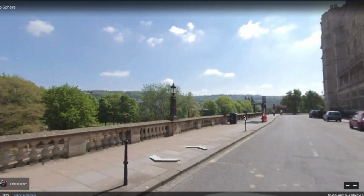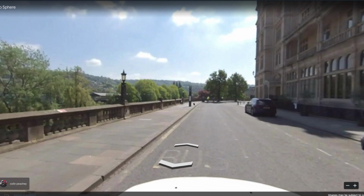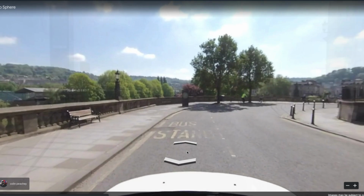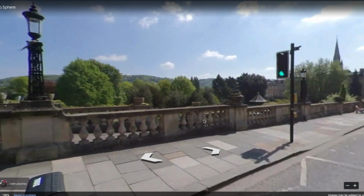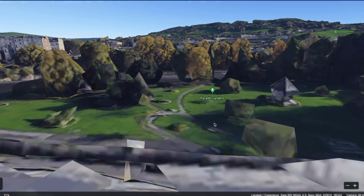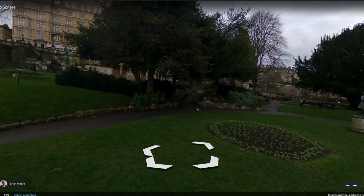So if we turn around, we're going to head down towards Parade Gardens. Now, Parade Gardens themselves have an extra fee if you would like to access them right on site. However, personally for me, just walking along the walkway was ample viewing them. But with the wonderful world of Google Maps, we're going to take a look right in the middle of Parade Gardens. Now you'll notice they're meticulous, they're amazingly maintained and absolutely stunning, so I can see why people would pay